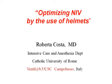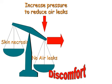Good afternoon. In the next 15 minutes, we'll try to see if it's possible to find the right setting when we use the helmet to improve the helmet performance. The helmet was used instead of the mask because sometimes with the mask you have a lot of leaks, so